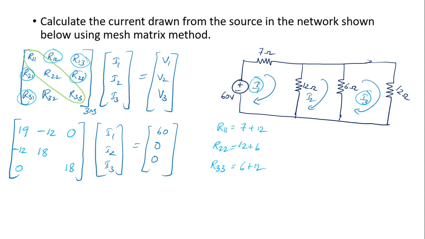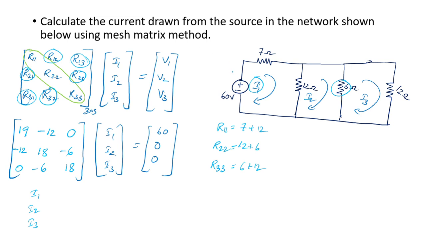Then for R23, you can see the resistance common to the second mesh and third mesh is 6 ohm. So here you can give it as minus 6. And then you can just complete the problem using Cramer's rule. You just find out the determinant in your calculator so you don't make any mistakes. Okay, and you find out the value of I1, I2 and I3, and finally you can get the current drawn